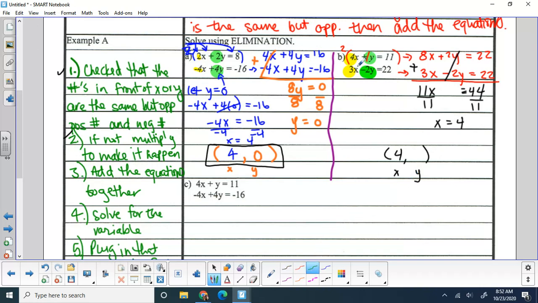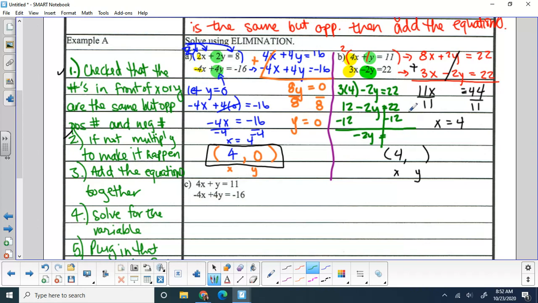So I'm going to go back up into my problem, and it doesn't matter which equation I plug it into. I'm going to plug in 4 to the bottom equation for the x because x equaled 4. So I have 3 times 4 minus 2y equals 22. I need to solve this for y to finish the problem. 3 times 4 is 12. Notice this is our solving that we did right at the beginning of the year. Subtracting 12 from both sides. Again, this is like your Mr. T table. Negative 2y